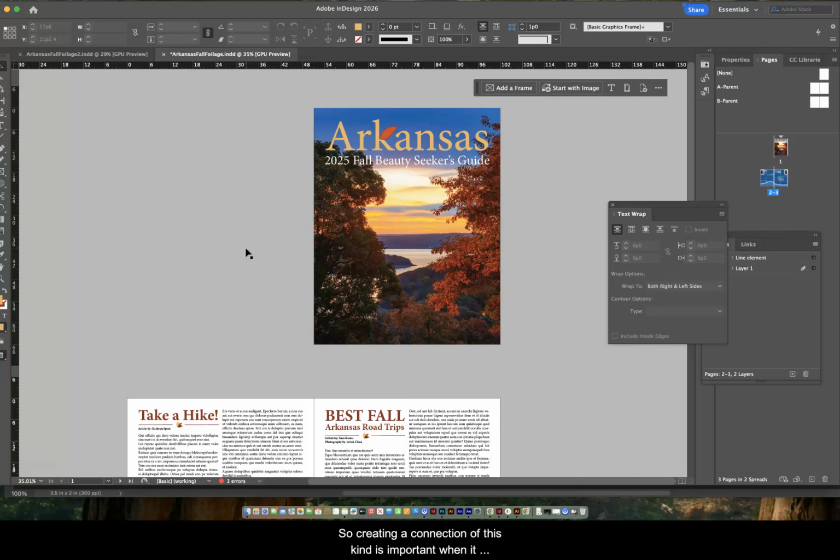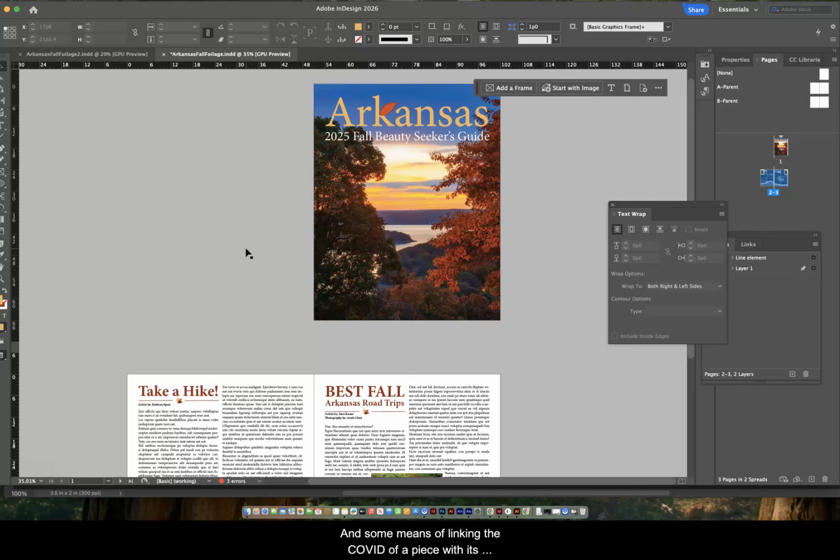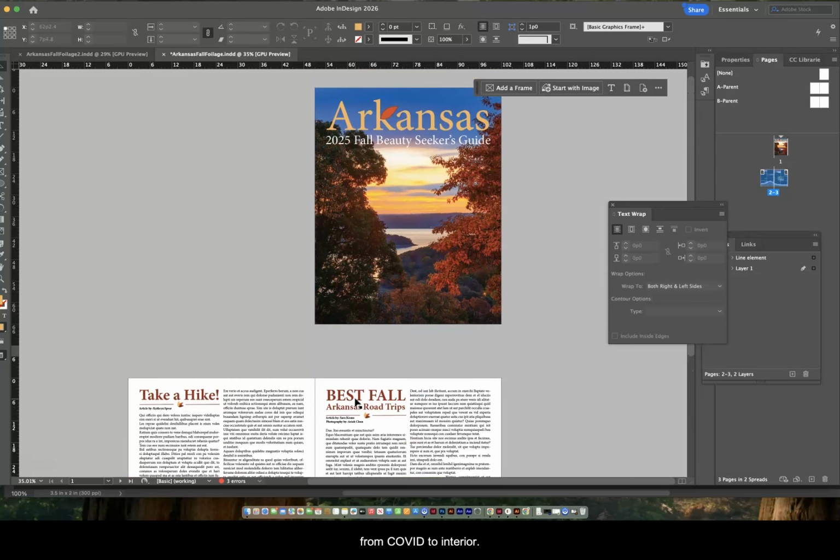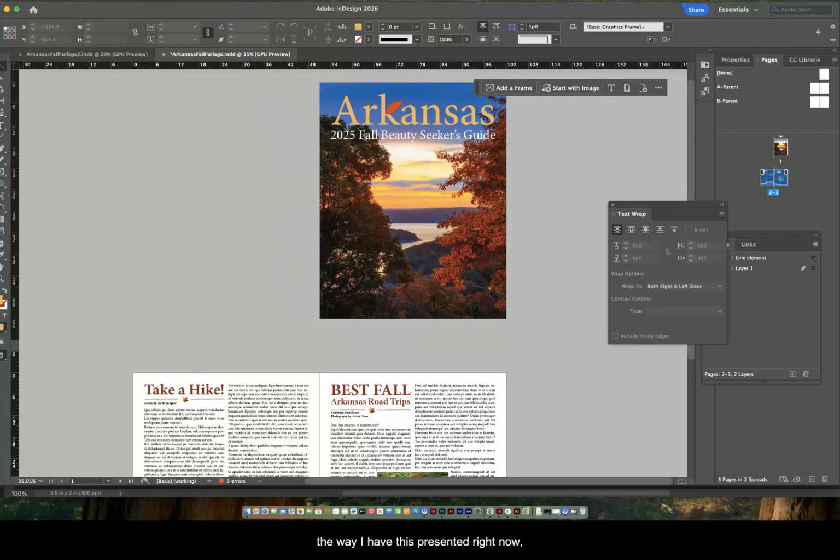So creating a connection of this kind is important when it comes to establishing a sense of forethought, cohesion, and professionalism in a design. And some means of linking the cover of a piece with its interior are things like consistent use of typography. So you can see here the type style doesn't change much from cover to interior. Things like consistent use of margins. So even though you don't see the margins the way I have this presented right now, if I put this view into